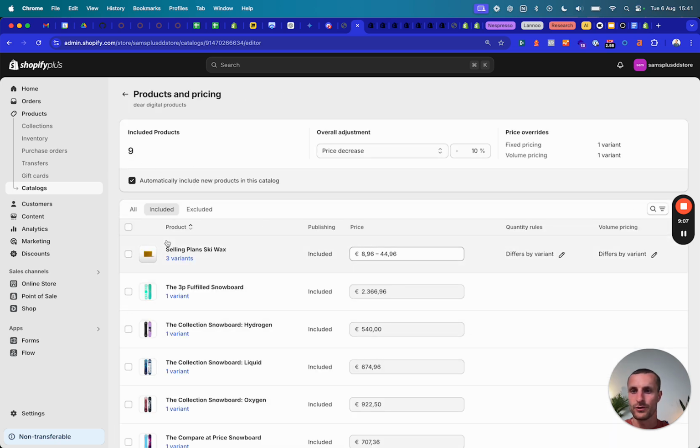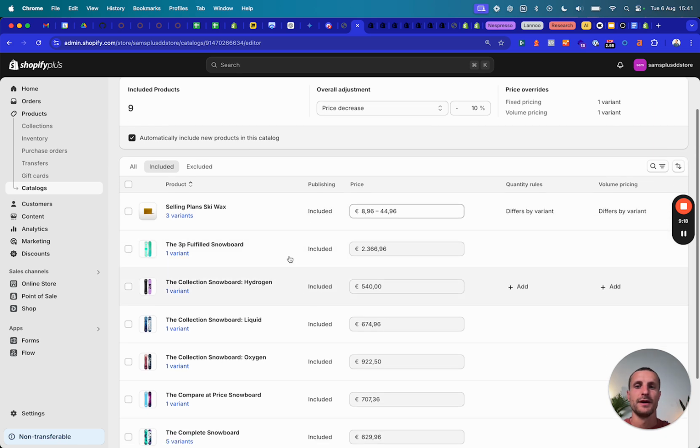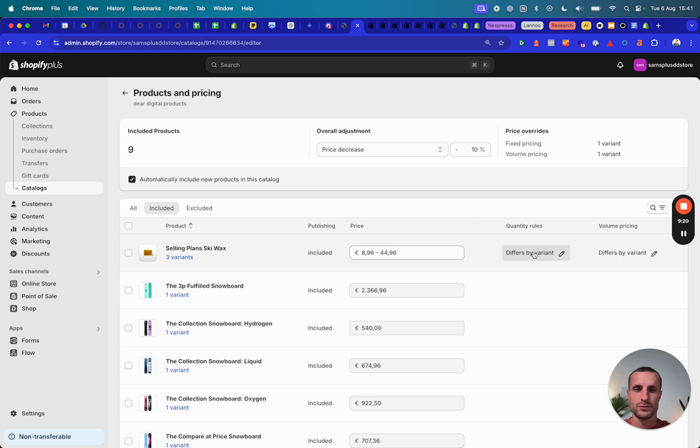So you can include or exclude certain products from the catalog, basically. You could say Dear Digital cannot buy these products, for example, so he will only be able to see certain products. But then something that I really found super interesting is that you can actually say that for this product, for example,